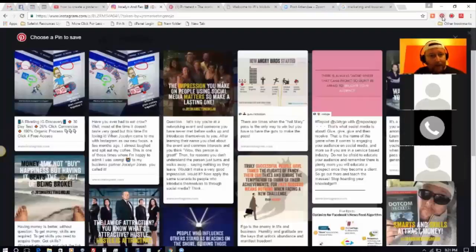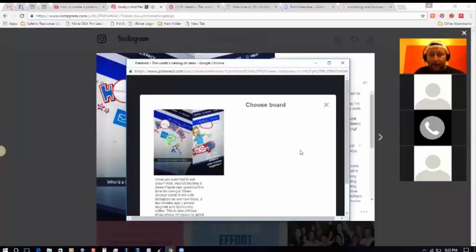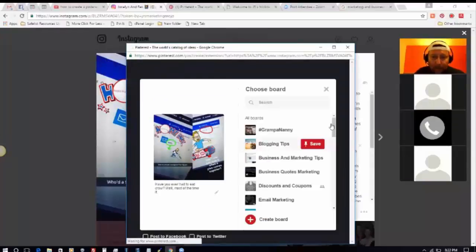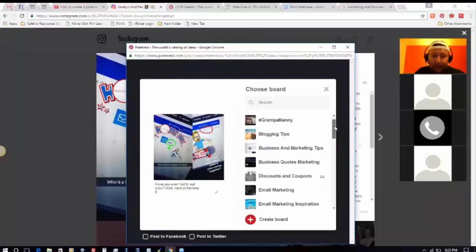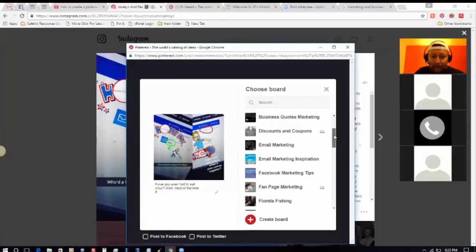Now you'll notice that it pulls up pretty much every post in this account here with the description. You'll see it pulled up the image here with our profile description, but then it also pulled up the image here with the actual post description, which is what I want. So now I go up here and I click save. And once this is done thinking, it's going to ask me to choose a board that I want to post this on.